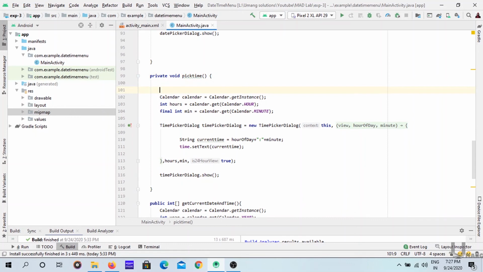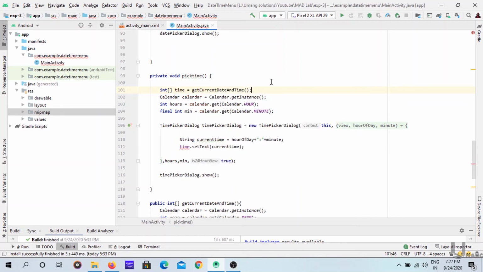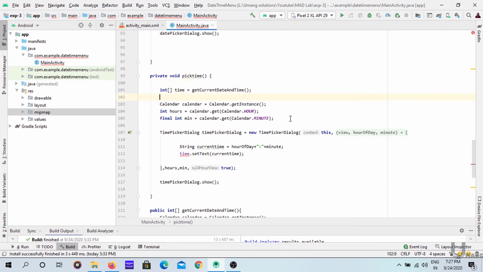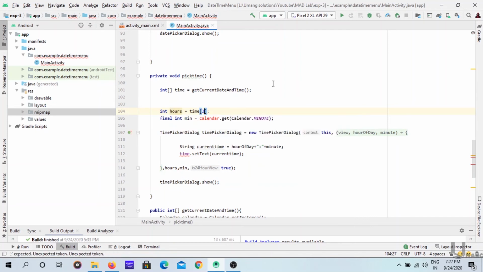Again initialize with int and time equal to get current date and time. Now remove these things. And remove these things. So time of 3 and time of 4.